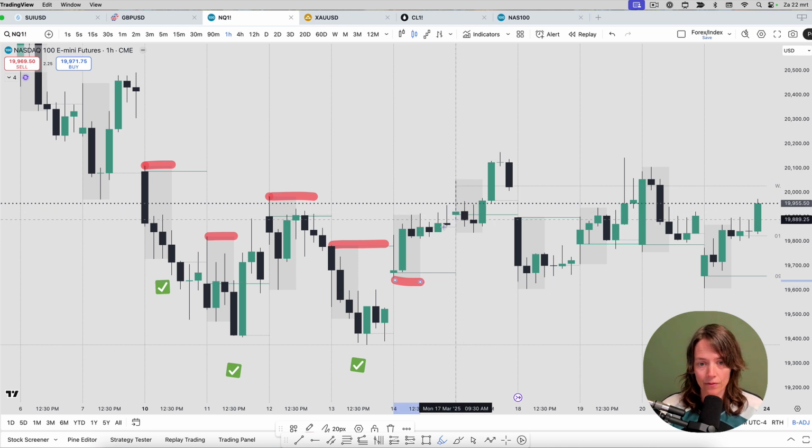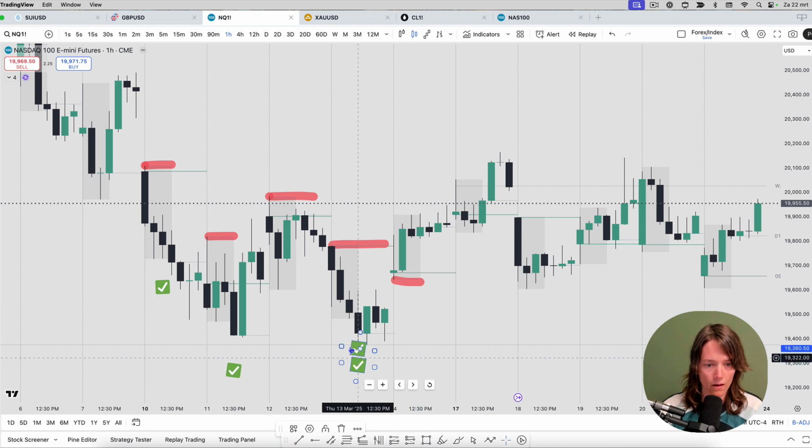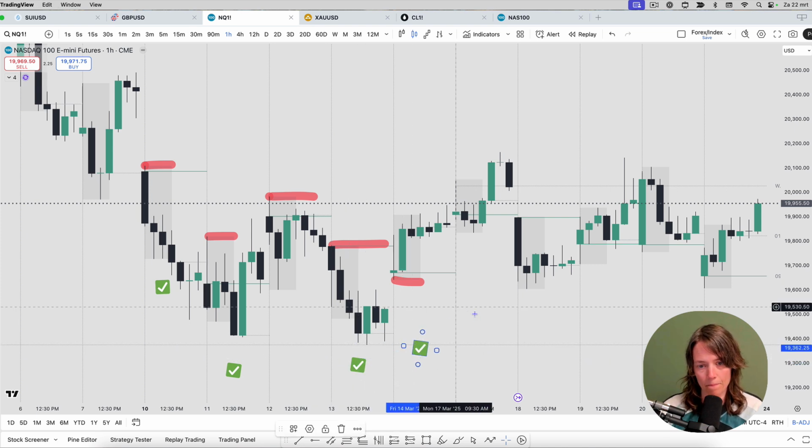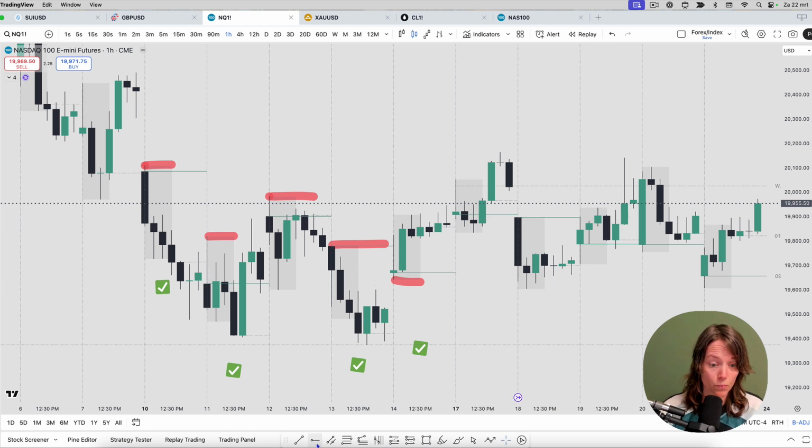Then we have, let's see, what is this? A green candle. Low does get broken. Oh, I still needed to put on a mark there. So low did get broken. But yeah, this would have definitely been a trade after that, because look at this. We got a beautiful bullish engulfing candle closing there.